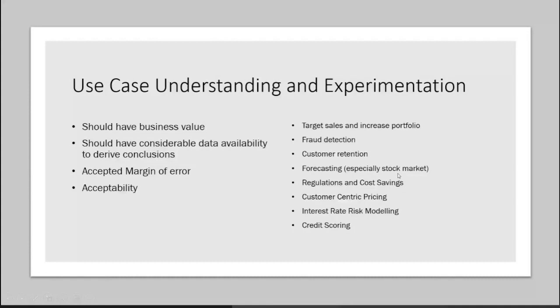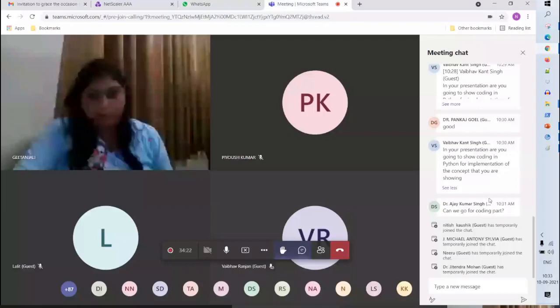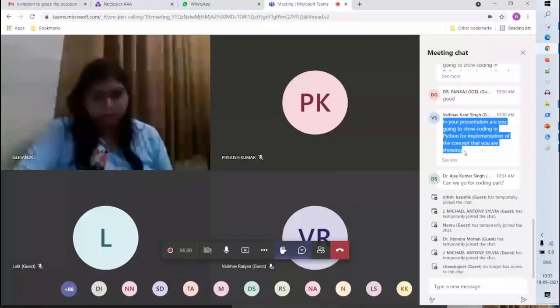Okay. Anything in this? Ma'am, someone asked whether you will also show the coding part, the implementation part of Python. That was not the agenda given, but maybe I can do some other session at that time. I do have some coding. If you want to go through the coding part, what I can suggest, and this is not related to my organization,